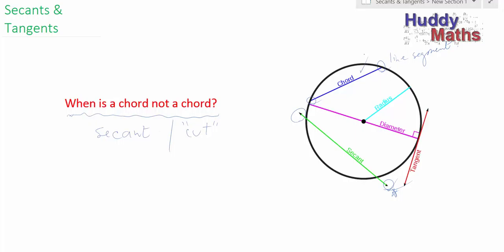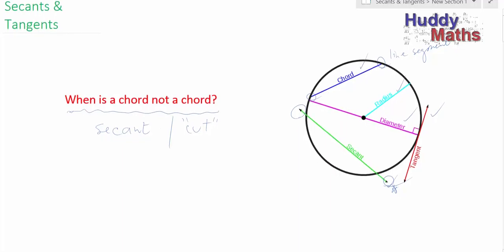That's the idea, and what we're going to do is look at special properties of these secants. And of course, a tangent is a line that just touches the circle, like that one. I think you know these other words, radius and diameter, but there are some special theorems now that we can use in deductive geometry that are related to secants and tangents. So come on down and let's have a look at the tangent stuff,